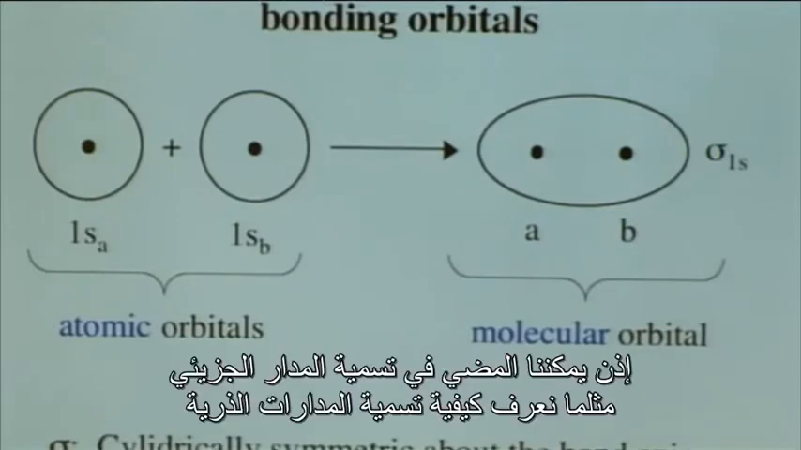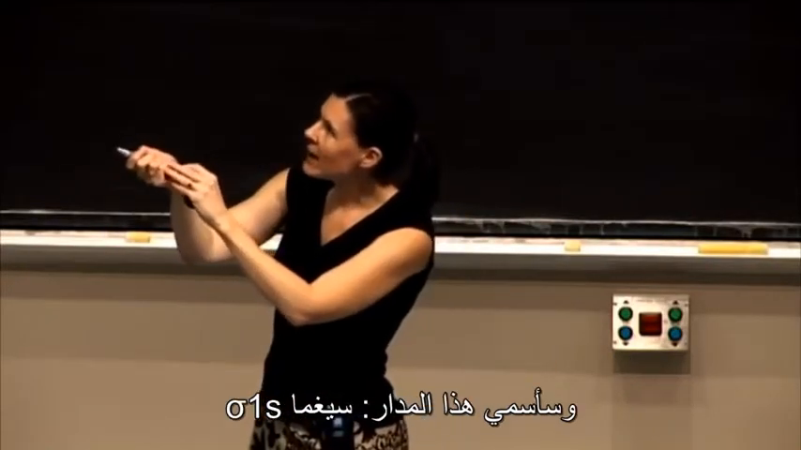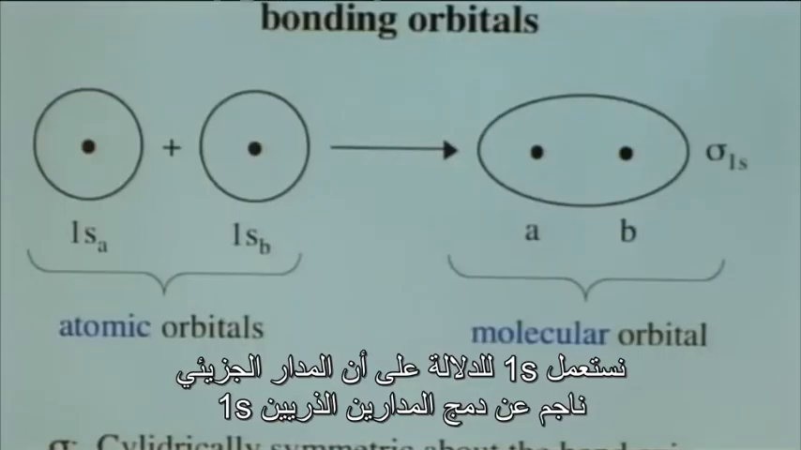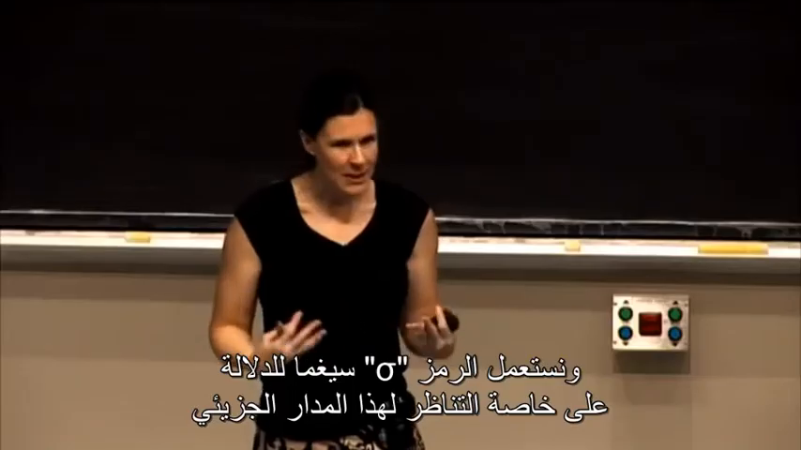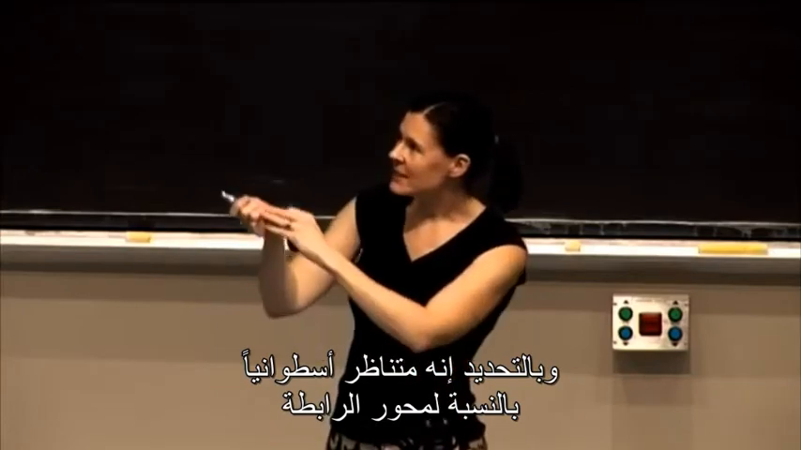So we can go ahead and name our molecular orbital just like we know how to name our atomic orbitals. I'm going to name this sigma 1s. The 1s just comes from the fact that the molecular orbital is a combination of two 1s atomic orbitals. And the sigma tells us something about the symmetry of this molecular orbital, specifically that it's cylindrically symmetric about the